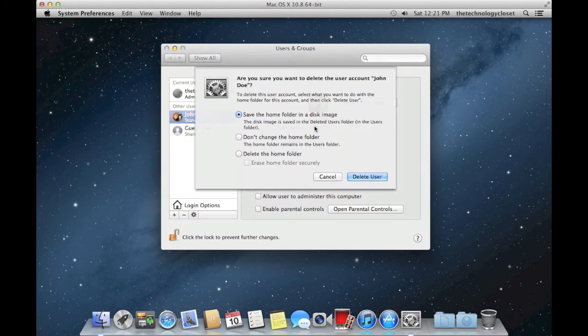And it's going to ask you what to do with the home folder. If you're questionable about what files may or may not have been backed up or needed from the person's home folder, you can save it as a disk image. Okay, so that it'll be deleted from the users folder and actually put in the deleted users folder. You can leave it alone, or you can delete the home folder and make sure it's totally gone and erase it securely. We're just going to delete the home folder and delete the user,